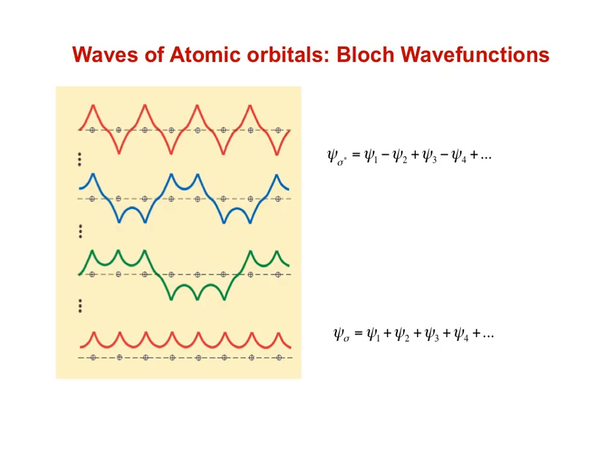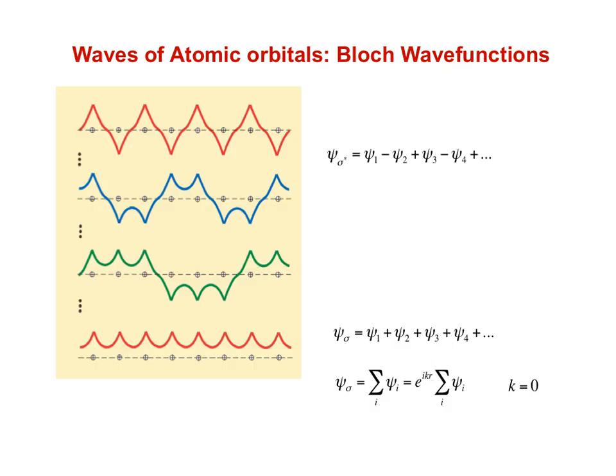between their atoms. Mathematically, these wave functions can be described as waves of atomic orbitals that we call Bloch wave functions. For example, the most bonding wave function is described as a summation of its atomic orbitals, where each atomic orbital has the same positive phase. We can write that phase as e to the i kr, where k equals 0, making e to the i